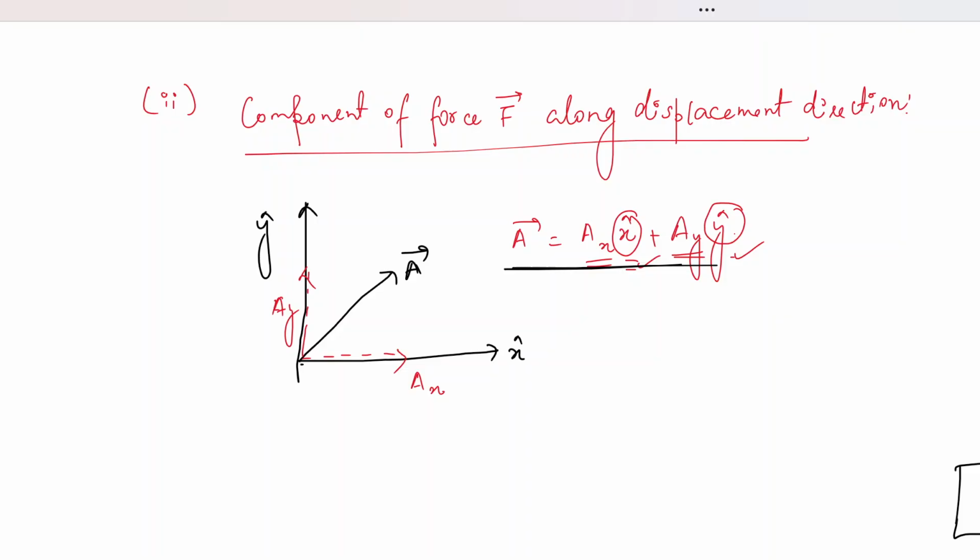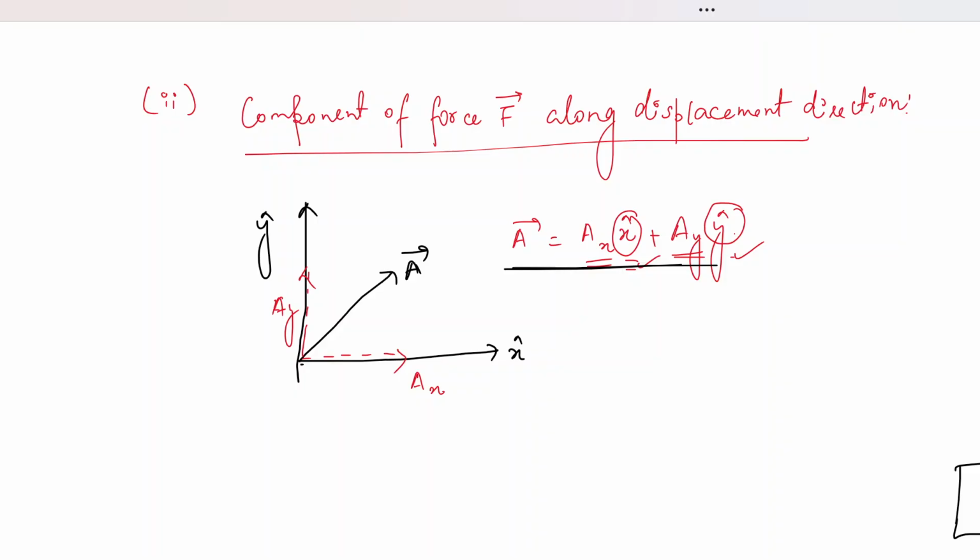So this is a simple idea: you have a vector and you are being asked to take the component of the vector along another vector's direction. So what you will do is take the main vector and take the dot product of that vector with the unit vector for the direction in which you are being asked. Because you know that unit vectors denote the direction, right? So whatever direction this D vector has, all the information of its direction is included in its unit vector D cap. That is why you take the component of F along D cap, so you take the dot product of F vector with D cap, or basically F vector dot D cap.